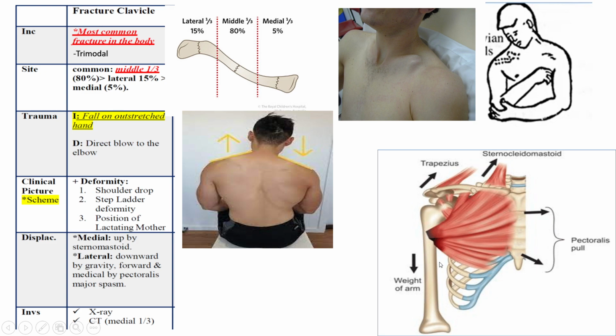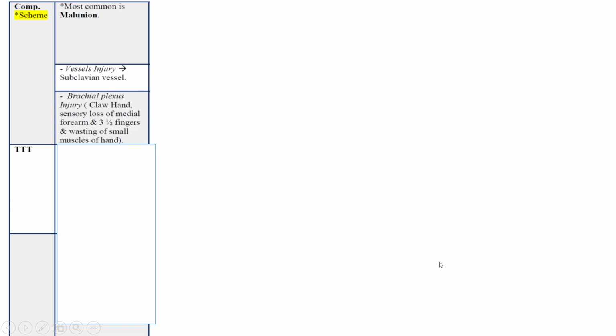X-ray is usually ordered, and CT is preferred if there is a fracture in the medial 1/3. The complications follow the general scheme, plus 3 main complications. The most common is malunion, and there is usually subclavian vessels injury and brachial plexus injury, as discussed in the general schemes video. The treatment is mainly conservative for 3 weeks, and this means that for children we will use